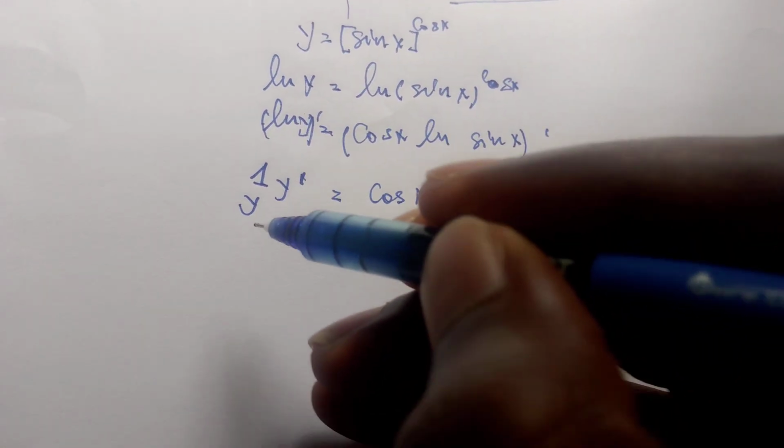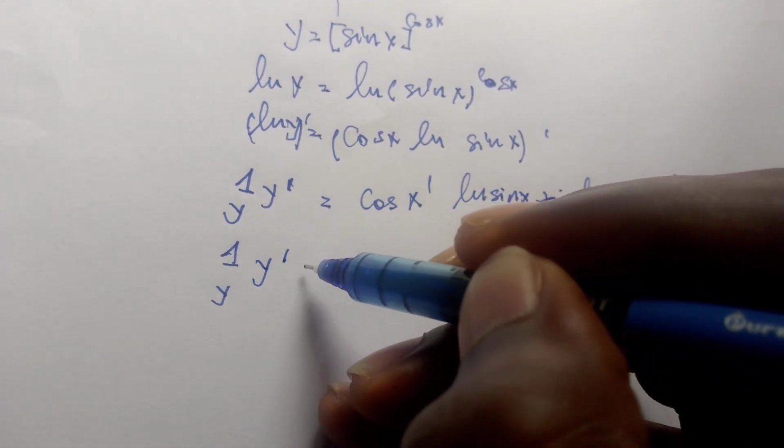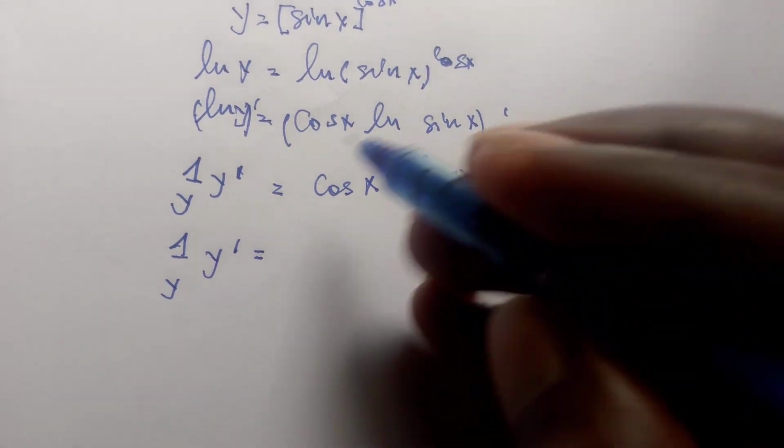So as you see, this is 1 over y derivative equal to the derivative of cosine,